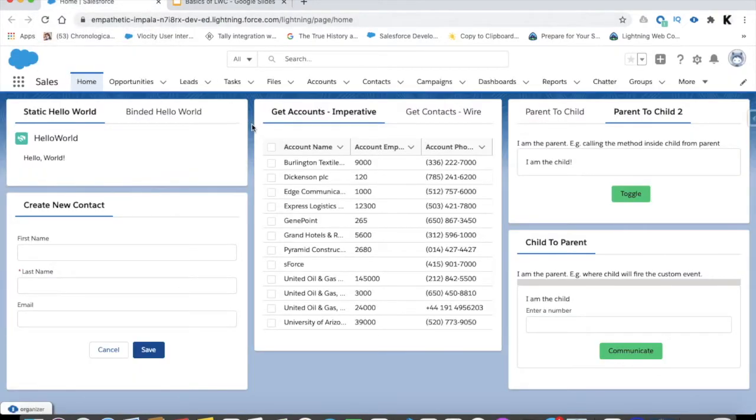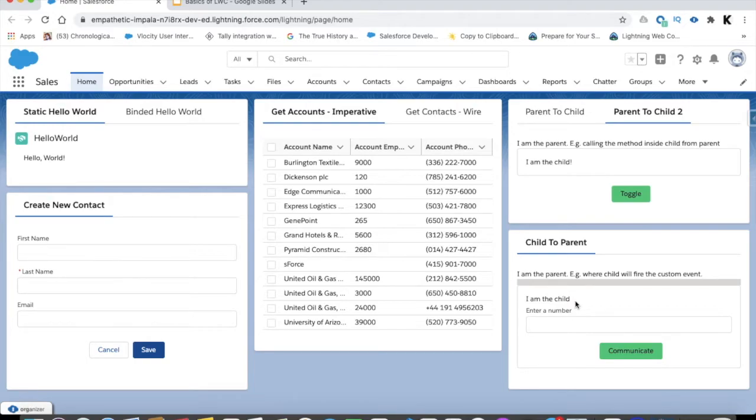In the child to parent tab, it is written "I am the parent". This is the passage inside the parent component. Then this gray line is a progress bar which is in the parent component, and after that this is the child component within the box. "I am the child, enter a number", that input field, and after that the communicate button.